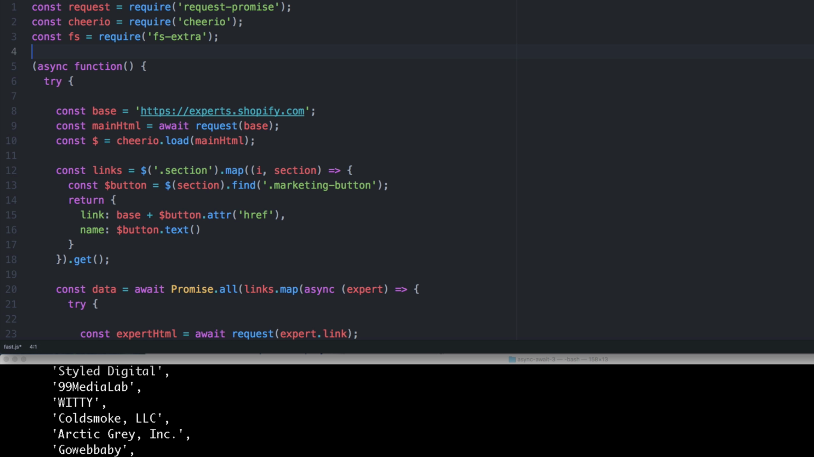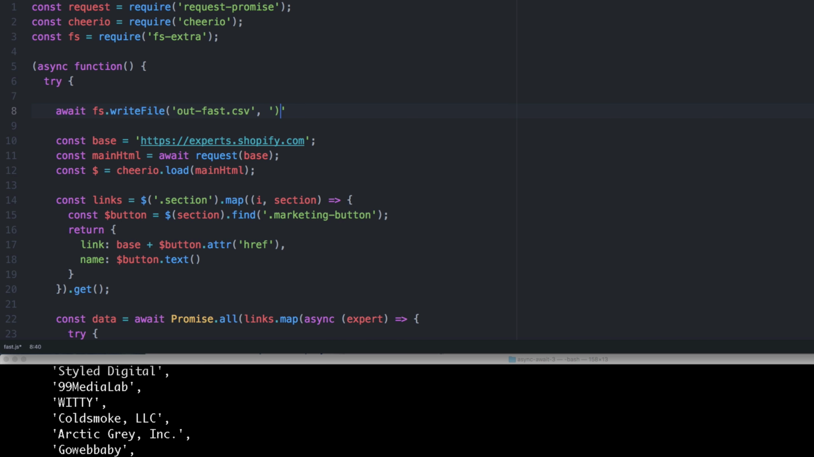await fs.writeFile outFast.csv, and we're going to write section and name, right? That's what we did. \n. Cool. Okay, and then down here, once we're finished and we have all the data, now we can just do